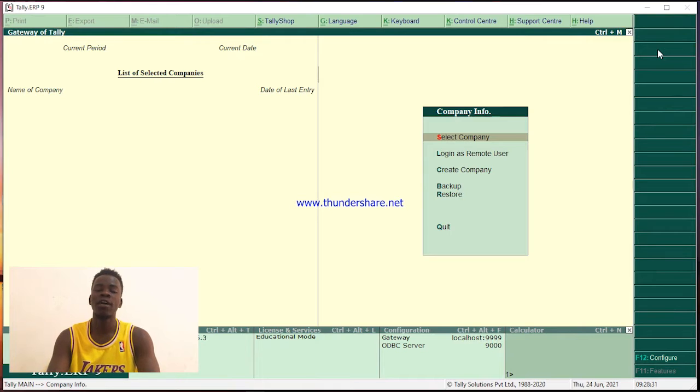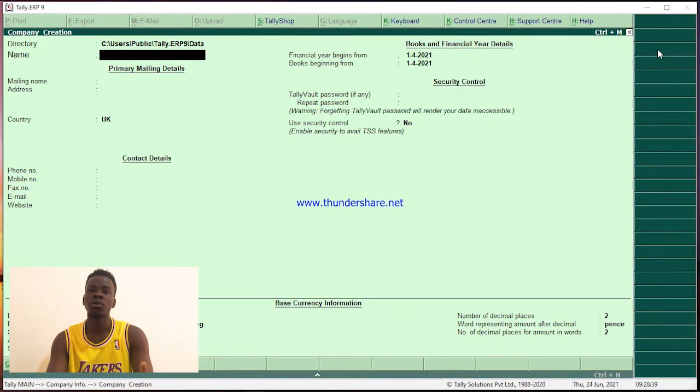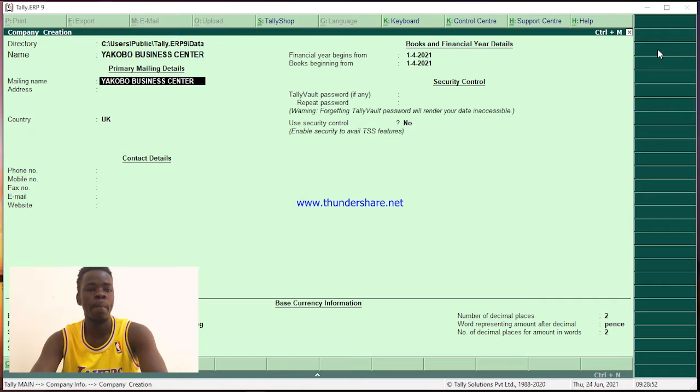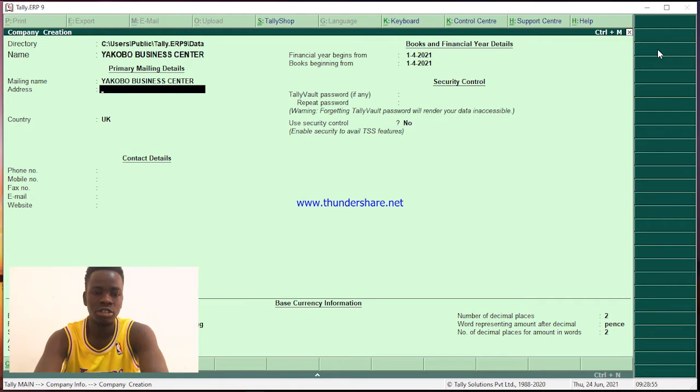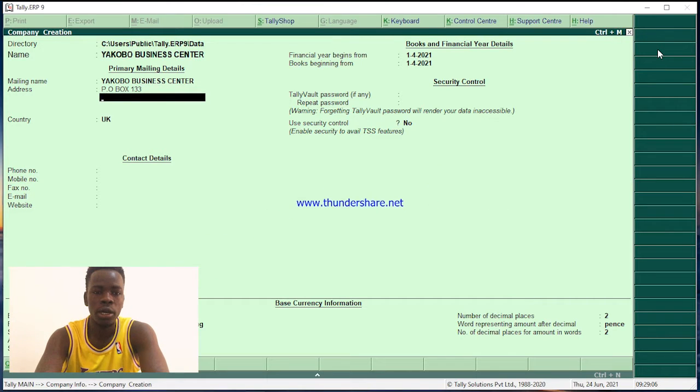What we are going to do here, first of all, is create our own company. For this one, I'm going to create the name of the company as Yakobo Business Center. So we hit enter. We go to the address. We say P.O. Box 233 Kampala,